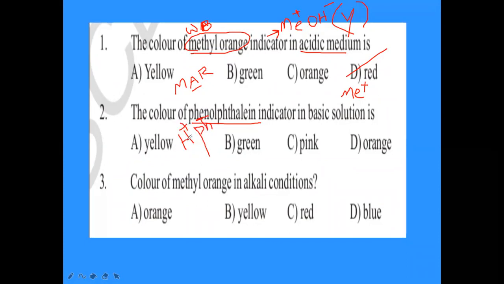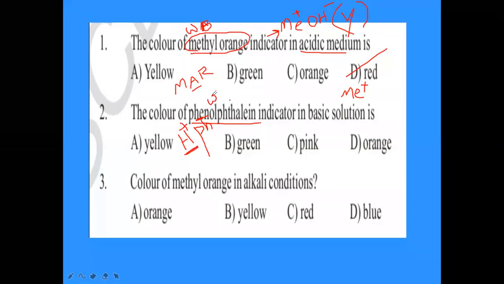So now H plus, Ph minus. Now what will this be? Is it acid or base? Is the phenolphthalein molecule producing H plus ion or OH minus ion? It is producing H plus ion. Whenever H plus ion is produced, is that molecule called acid or base? Acid. So phenolphthalein itself is what? Weak acid, remember. Phenolphthalein itself is a weak acid. So what is the nature of phenolphthalein, ma? Weak acid it is.